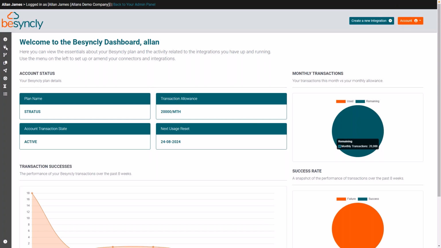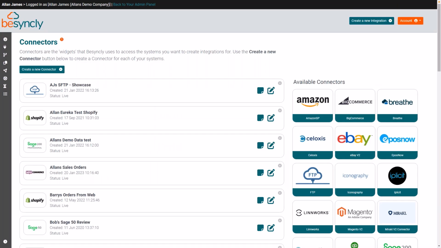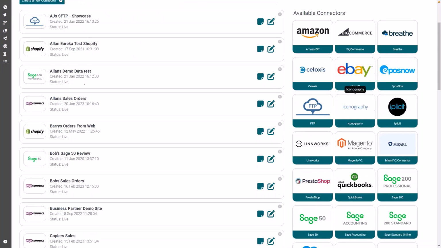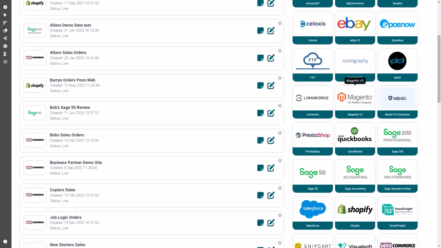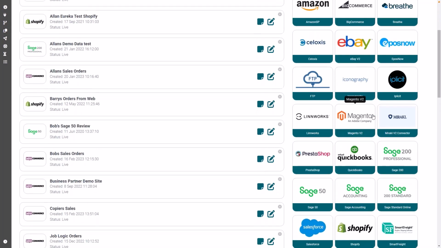So let's go through the terminology within here. We have connectors, integrations, templates, webhooks, we have a support element, and we have logs. Let's first of all look at the connectors. The connector is the widget that hooks on to the relevant platform. So if we look at the right-hand side, you will see the connectors we have. I did say it was platform independent, so you'll see additional connectors in here for other ERP systems. But I'm going to create a connector